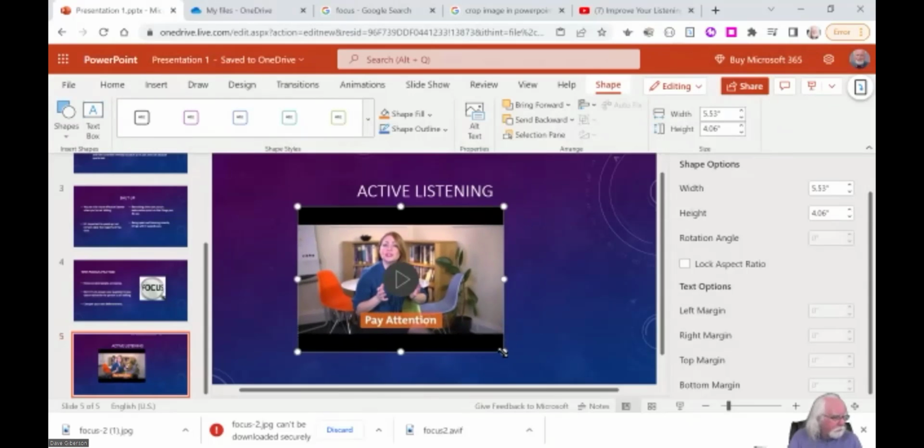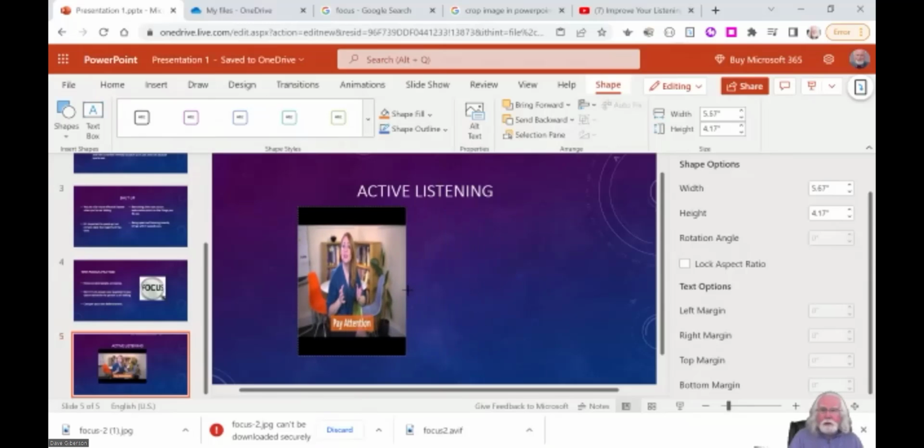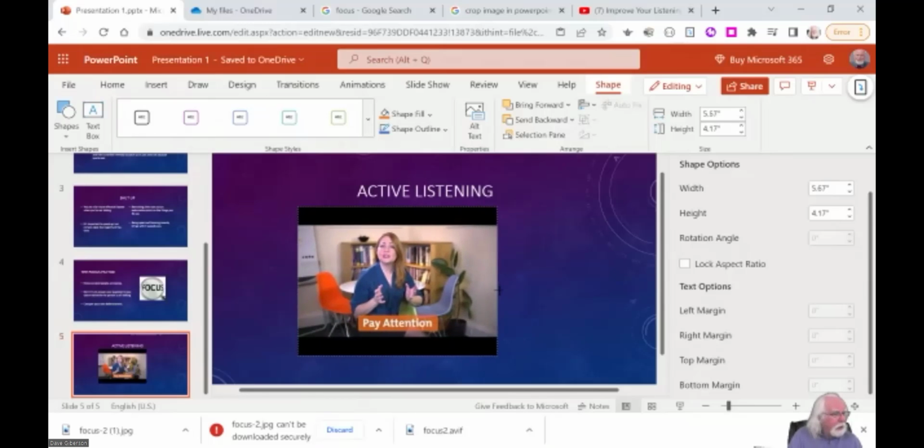If I'm very careful here, if I want to make it bigger and I don't want to apply funhouse effects like funhouse mirrors to her and add 50 pounds or make her look anorexic, I can